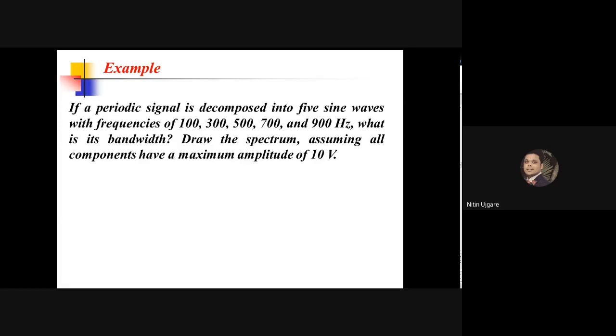Can you represent it? Can you find out what is the bandwidth of this composite signal, which has been decomposed into 5 sine waves? This is basically a periodic composite signal, and we know that the periodic composite signal carries more than one sine wave, or a combination of sine waves, right? So we have decomposed this. When we decomposed this periodic composite signal, what we received is 5 different sine waves with different frequencies. And now we want to calculate its bandwidth. So what is the bandwidth?